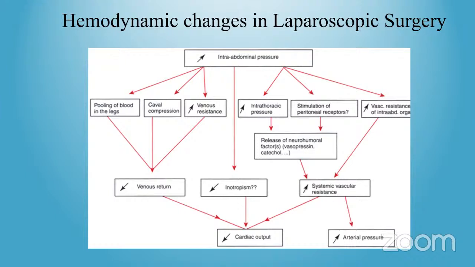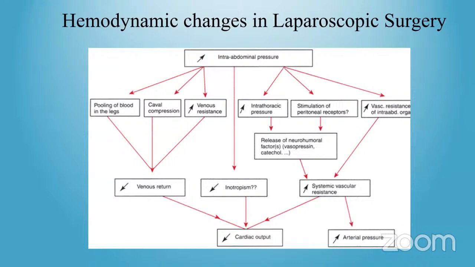are mainly because of creation of pneumoperitoneum, as well as due to the increase in the intra-abdominal pressure. Your venous return decreases, your SVR increases, and these are the two main factors which lead to decrease in your cardiac output. But yes, the decrease in cardiac output is transient. It settles down in the initial 15 minutes of creation of a pneumoperitoneum. That is something important for you to know when you are mentioning the systemic effects of the pneumoperitoneum, right?